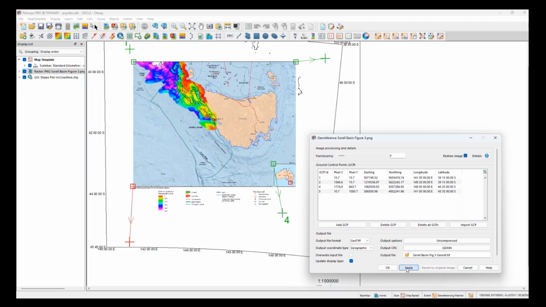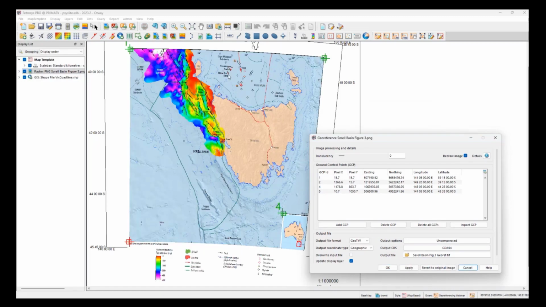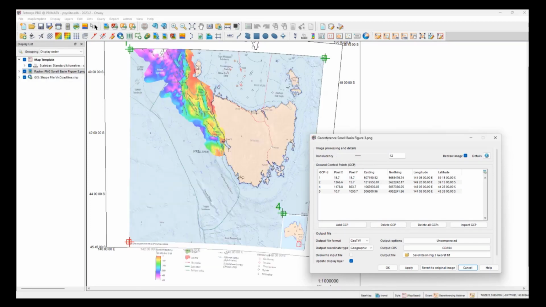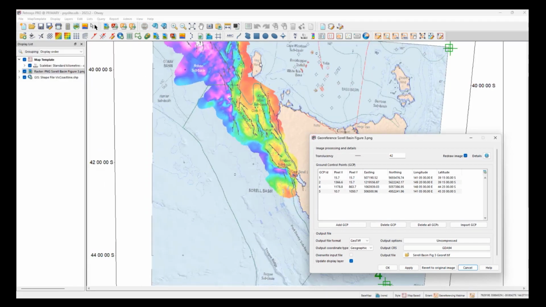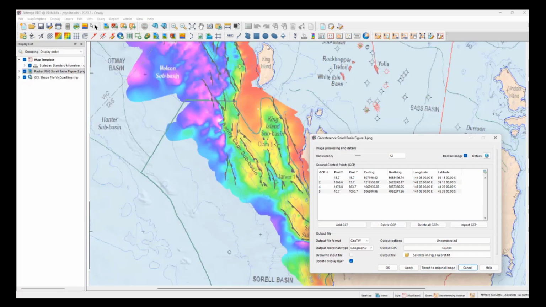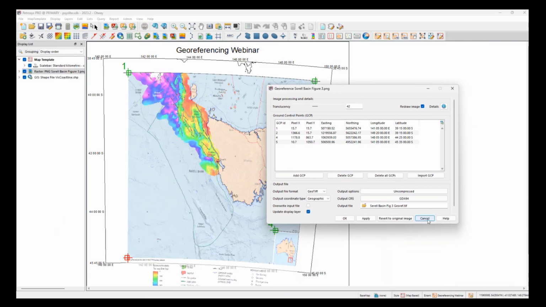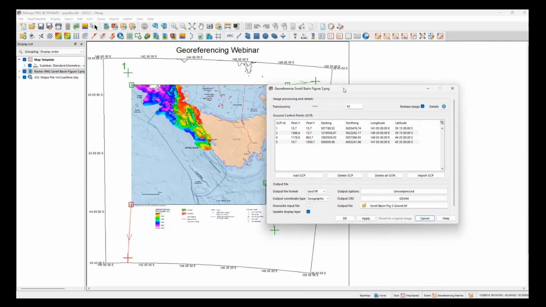So now when I click apply to that, we can see that that image is now warped. And if I slide this translucency across, you can see that it's pretty close location, but it's not quite right. So we may be happy with that. So if we zoom in to these corners, we can see here that it's close, but it's not quite right. So if I'm not happy with that, I can revert to the original image,